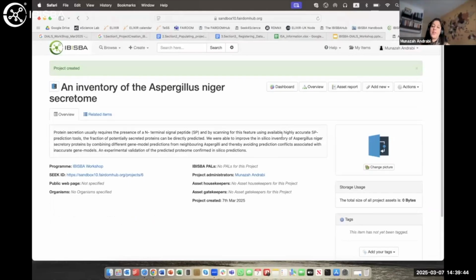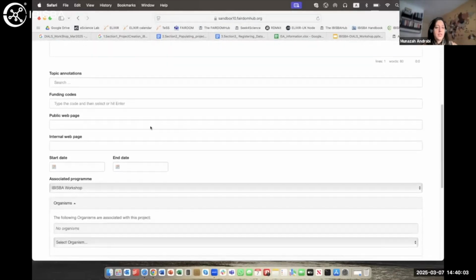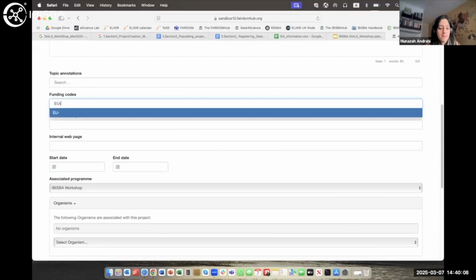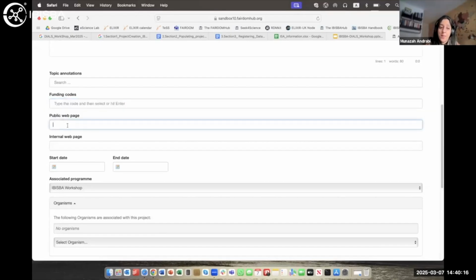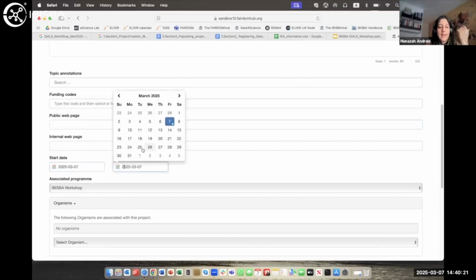Now, once the project has been created, as you can see, there are multiple options here. You can go to the actions button, for example, if you want to edit something, add an organism which you have not specified here, or add project members. Firstly, I'll click on manage project and see if there's more information that I want to add. For example, if there are funding codes, let's say EU 2025 grant 123456, we can have that. If there's a public web page associated with your project, you can add it. The project start date can be 7th March and the end date can be